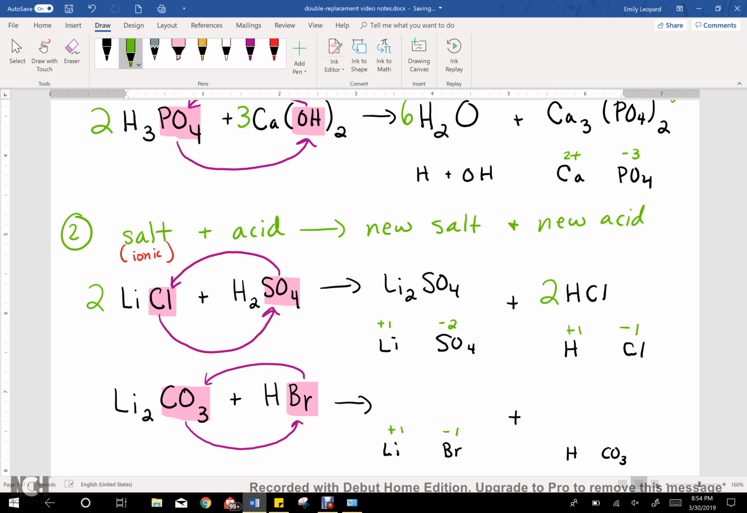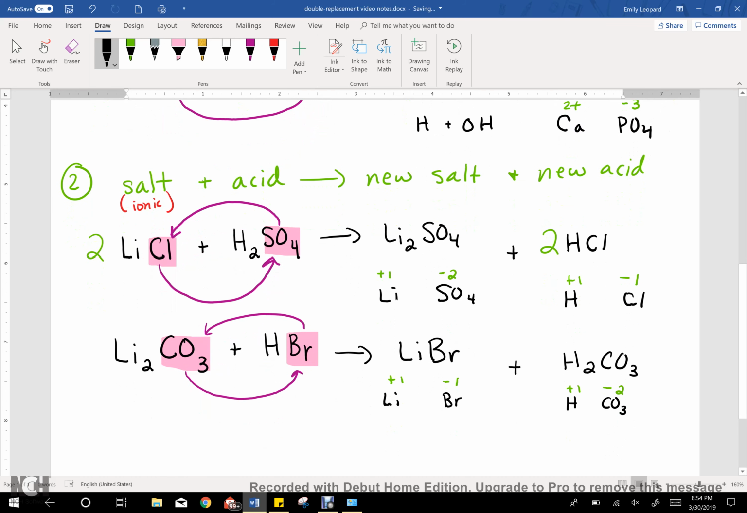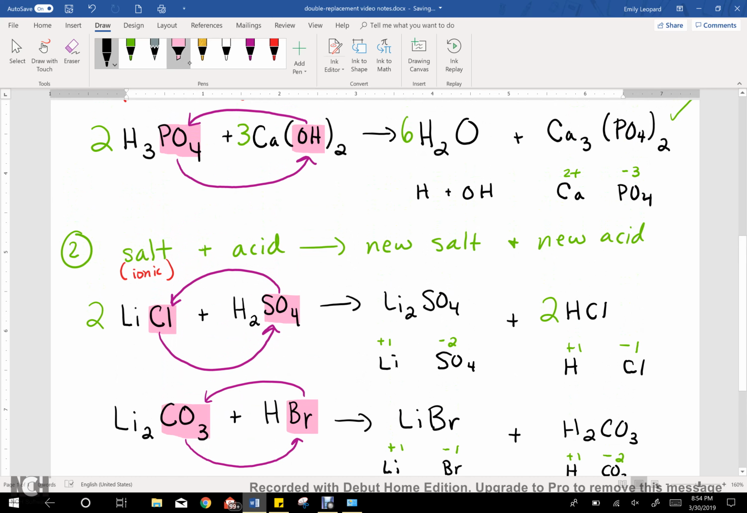So lithium and bromine balance out in a 1-to-1 ratio. Okay. And then HCO3, H is a +1, carbonate's a -2. So I'm going to need 2 hydrogens to go with my carbonate. All right. And so now the catch on this one, I want us to focus in here on